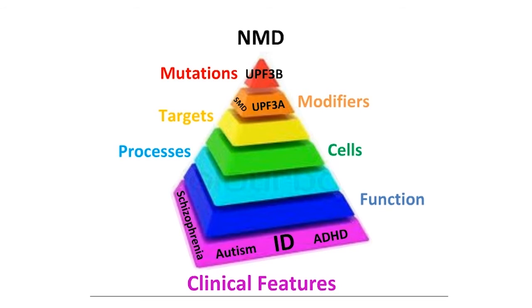For example, UPF3A we really think is a potential modifier of the disease outcome. I showed you a mechanism today involving 6-3 and the progenitor cell self-renewal that could perhaps explain features of the phenotype, which is known to include macrocephaly. But there are other data which I haven't showed you that we also did similar studies in neurons and showed defective growth, and there are also target genes which can explain this.